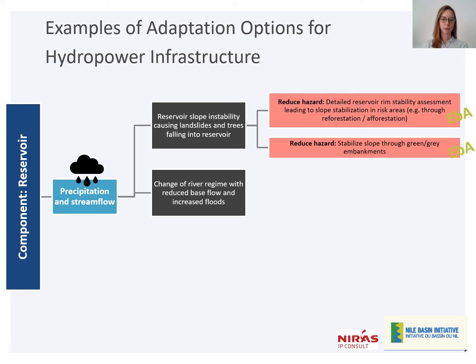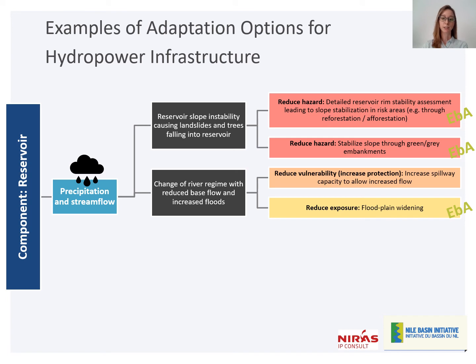Another potential climate impact from changes in precipitation and stream flow could be a change of river regime with reduced base flows and increased floods. So can you think of any adaptation measures that might fit here? You can pause the video for a moment. One example could be to try to reduce vulnerability and increase protection by increasing spillway capacity to allow increased flow. Another option could be to try to actually reduce the exposure altogether. So this could be done through floodplain widening, which is another great example of